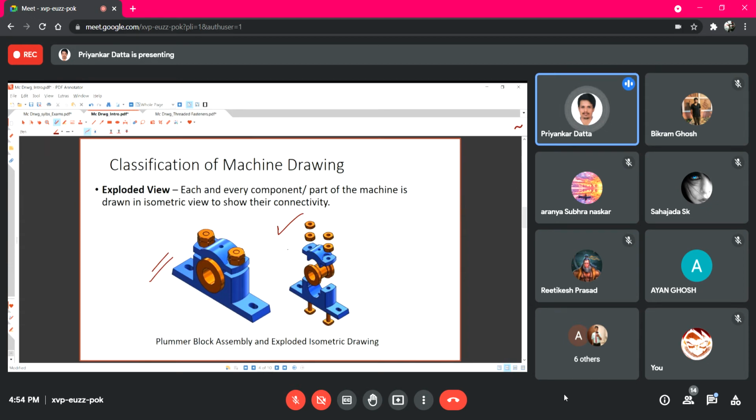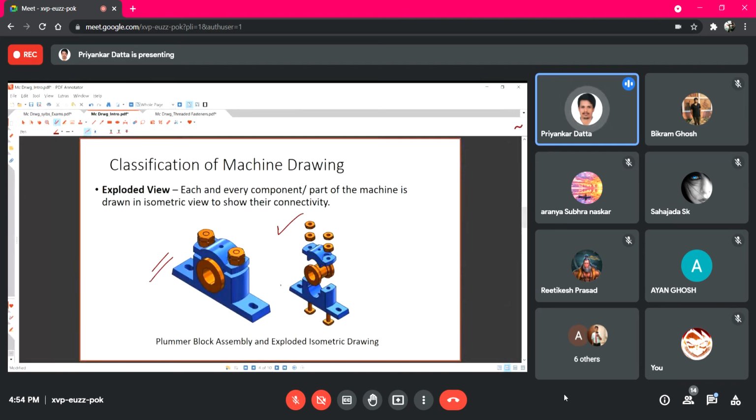This kind of exploded view is much more difficult, but generation of these is nowadays easy with CAD software. Previously, when people used to draw them using pen and paper, it was much more difficult because everything was dependent on visualization. But nowadays we can simply create each and every component.